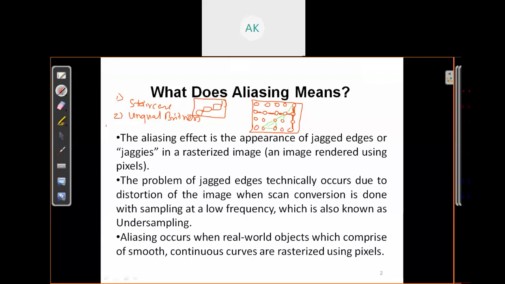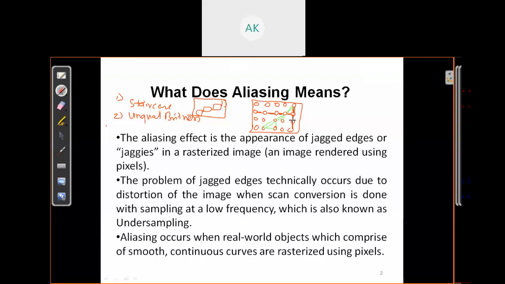Because of this unequal distance, the jag or difference we see is called unequal brightness. So you can classify aliasing in two ways: staircase, a structure you see like a stair, and unequal brightness, when your pixel points are not equidistant.